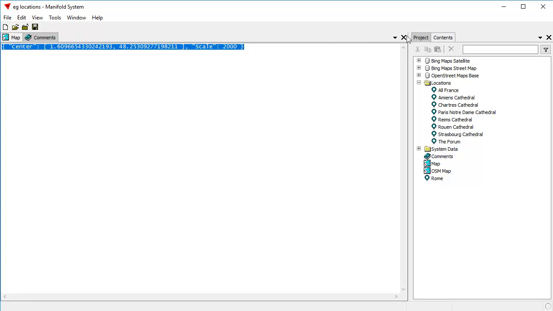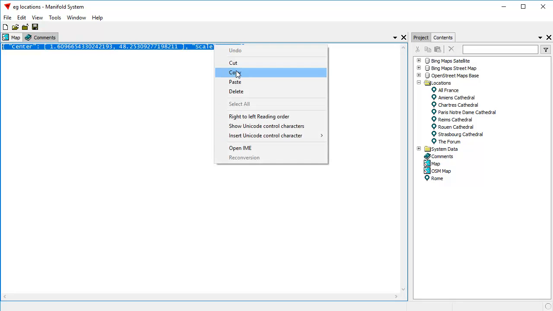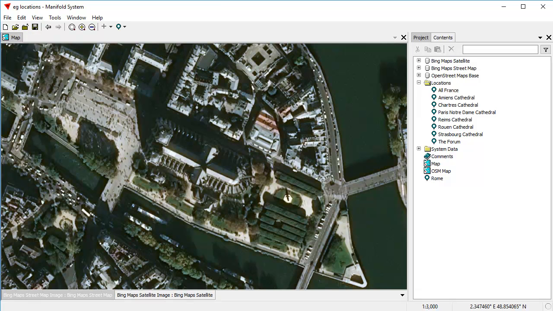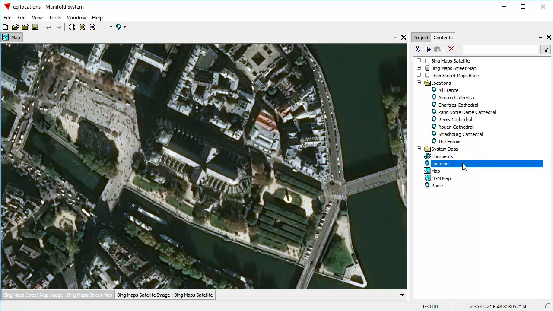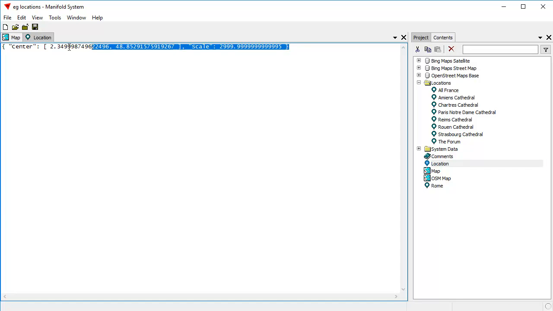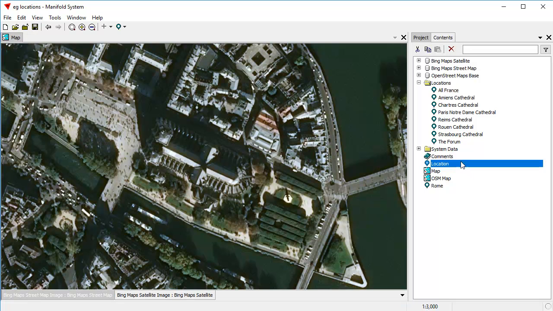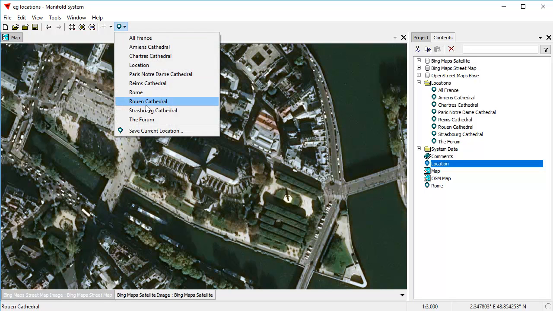I've just copied this, Control-click and copy. Probably the simplest way to do that is to create a new location, and then we double-click this location open, highlight that, Control-V to paste, and now we've just updated that location with this data that a friend has sent us. If we now go to a location,